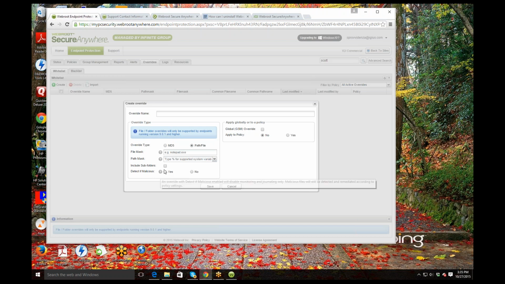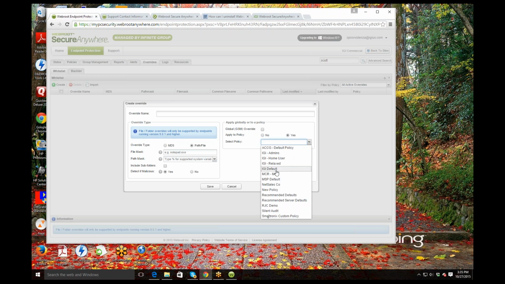This option will allow the system to still look at infections even if it says don't scan or monitor that area. So it will still keep the system clean in the event that something does get into that folder and modify a file that you've whitelisted. But if you think that it's affecting a database or accounting folder or something like that, you can override the whole folder. Again, in doing so, you can create a policy